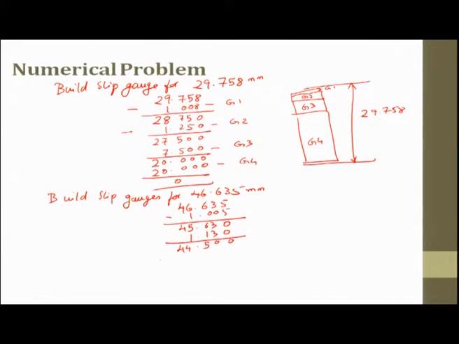So, I get 44. Then I subtract 4.500. So, then I get a block of 40, then I subtract 40, I can get it done. This 40, if it is available, you try to do it as 40 directly, or you can do it as 20 and 20, based upon what is available in your box. You have to pick these gauges and then start solving it. So, finally, we get 1.005, 1.13, 4.5 and 40. You can try to assemble and then try to get the answer for it.